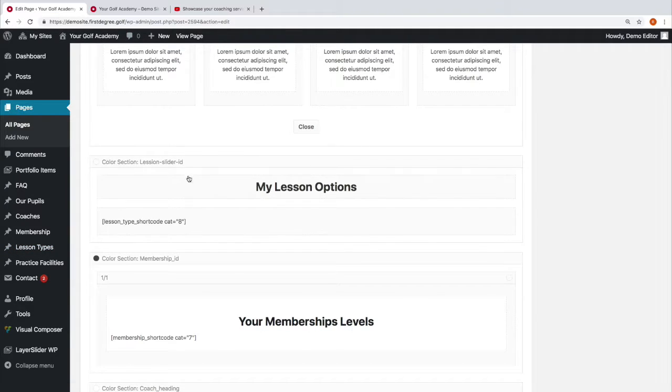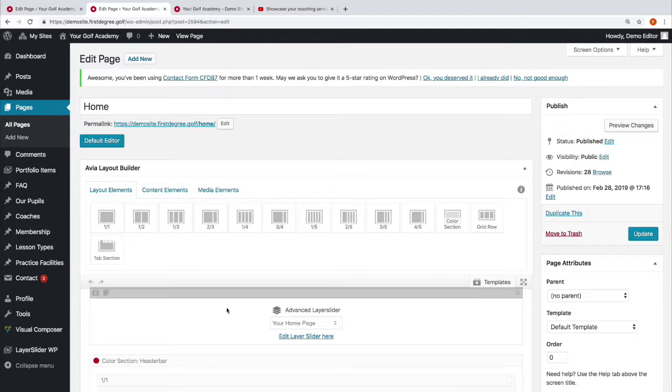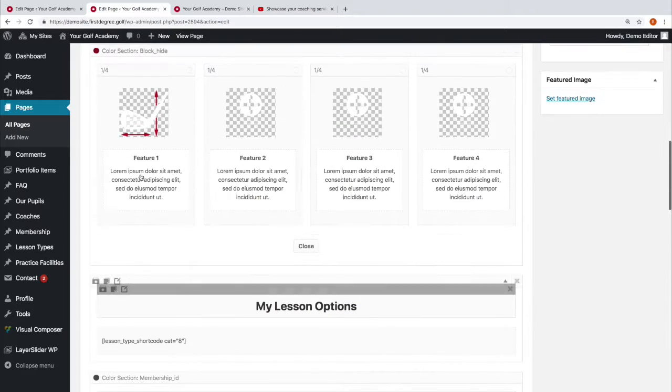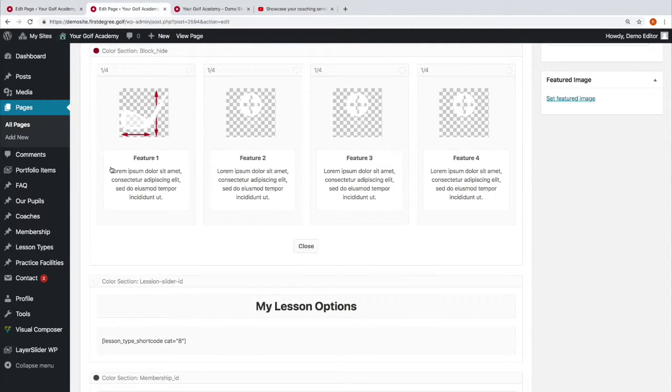However, I want to make sure that I keep this home page visible, so I'm going to go to my tab on my browser, and I'm going to left click and click duplicate, and it will duplicate the page. I can now navigate away from this page, and I still have the home page visible here on the other tab. So I'm going to go to lesson types and choose all lesson types,